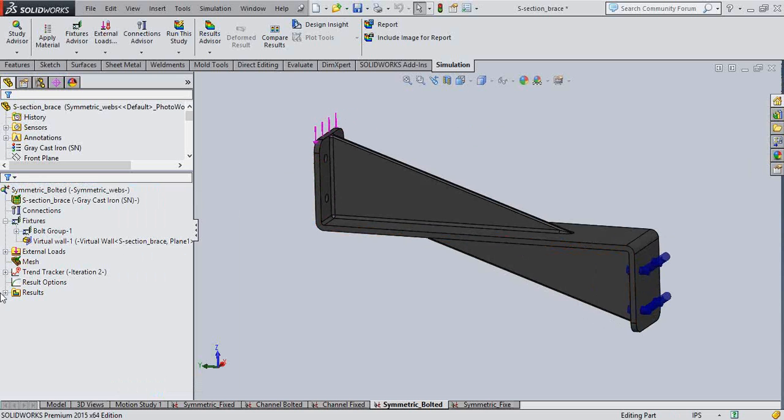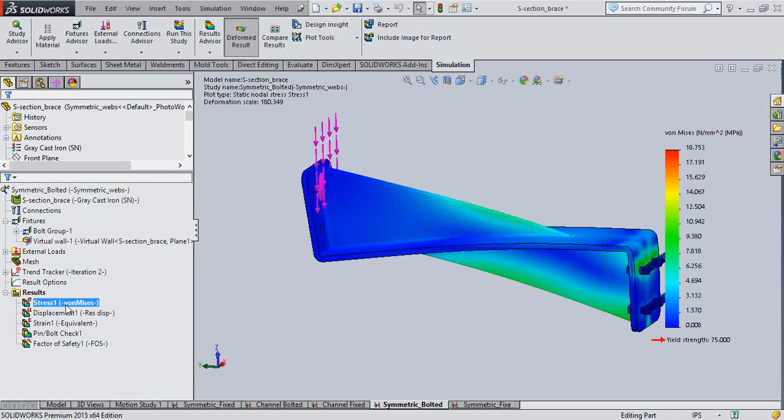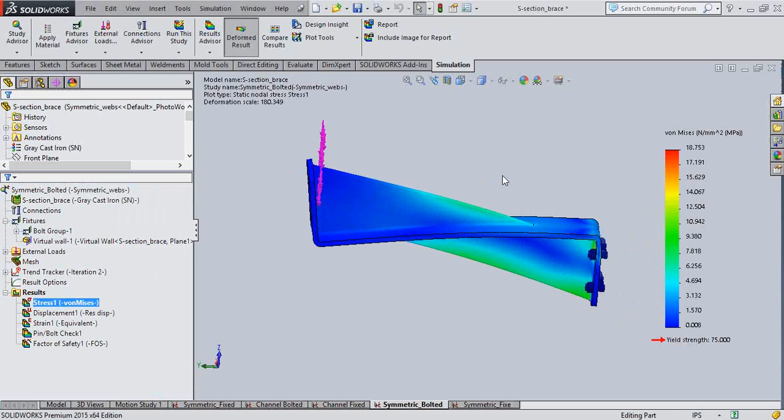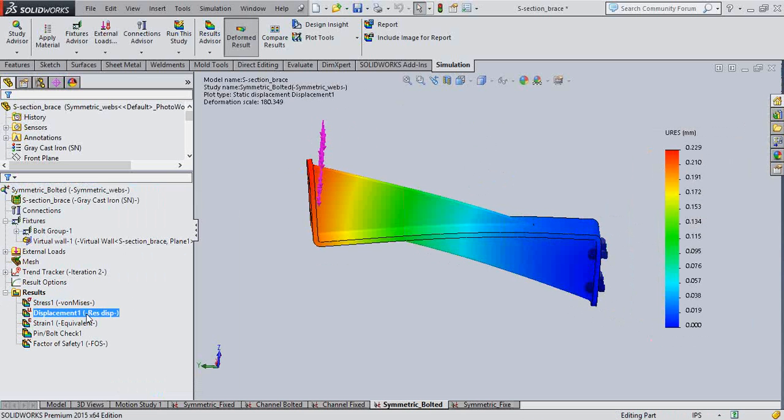Once I run the analysis, again I get my outputs. These are my stresses now with a different boundary condition, whereas my loads and my material are the same. You can see that my maximum stress generated is around 8.8 megapascals with just changing the boundary condition. I can also calculate my displacements. My displacement is around 0.2, whereas in my previous study it was around 0.16 or 0.17